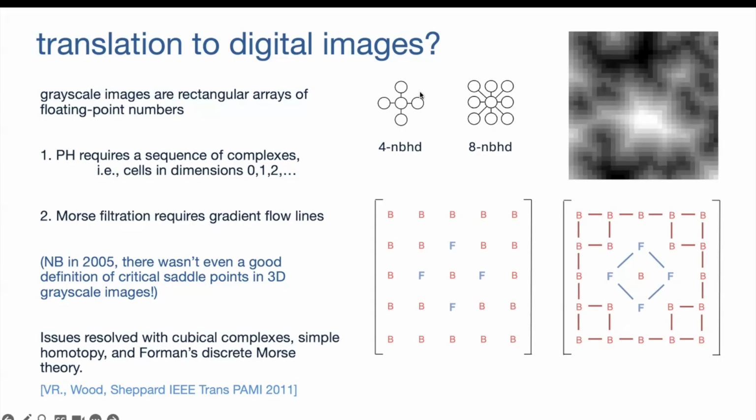Rectangular grids have this issue of ambiguity about corner adjacent squares. So let me try and explain that a little bit more. Imagine I have this image region where the red B's are the background and the blue F's are the foreground. I now have to decide which pixels I want to consider to be connected to one another, right? So I can either choose my pixels to attach only directly up and down or across,